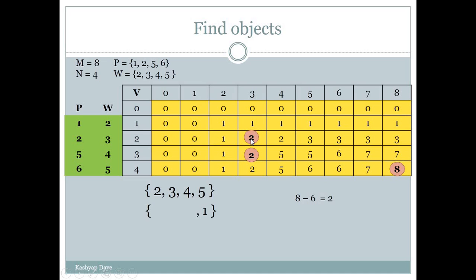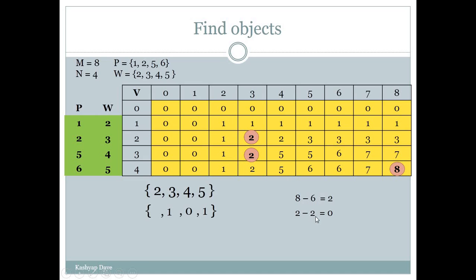Now let's check again in its above row whether 2 is available or not. Here 2 is not available, so we can say that this profit 2 is from item number 2, meaning the weight 3 item has profit 2. So we cannot include item number 3 of weight 4, we can include item number 2 of weight 3. Now again our profit is 2, so our next step is 2 minus 2, the remaining profit minus 2,